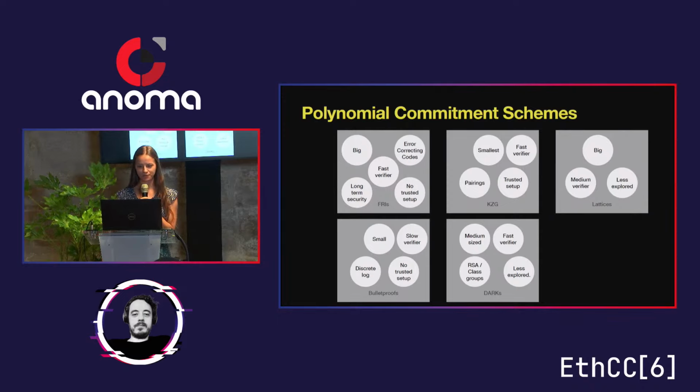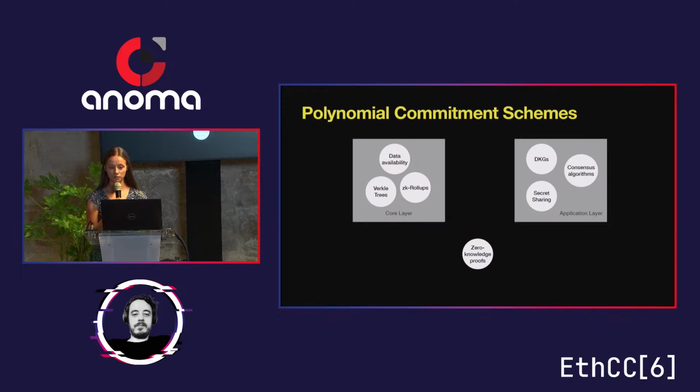In terms of where we're thinking of using polynomial commitment schemes in Ethereum, zero-knowledge proofs are something we're hoping for at the core layer and the application layer, and are a big use case of them. But there are actually quite a lot of other use cases. Certainly at the application layer, we've got lots of things to do with secret sharing, consensus algorithms, distributed key generation. At the core layer, though, we have three situations where I know they're being suggested. ZK rollups, that's related to zero-knowledge proofs, so I'm not going to go into that one. We also have Verkle trees and data availability.